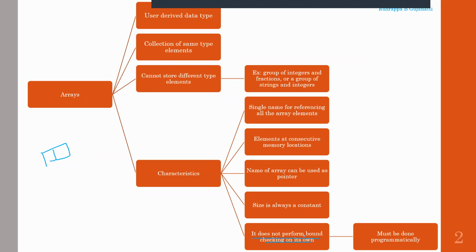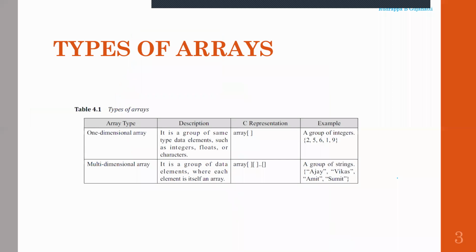So such kind of bound checking won't be there. But in a program it will throw an error if you're trying to insert an element at the next index, because there are only two indexes which are present. So basically you don't have any bound checking in the arrays. This has to be done through the program itself, that is bound checking.